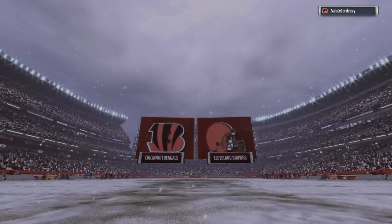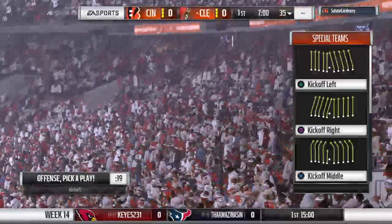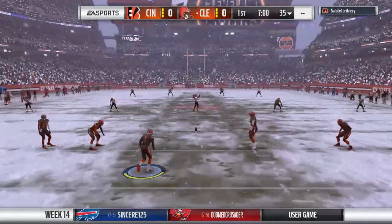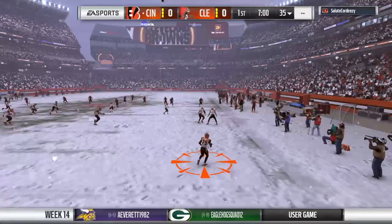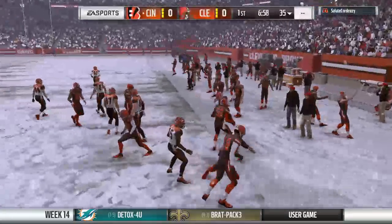Sports. We've got two teams here. Seven. It's set to be a... calling for more of the same of what we're seeing right now, a steady coat of fresh snow here at First Energy Stadium in downtown Cleveland. Today, it's a Week 14